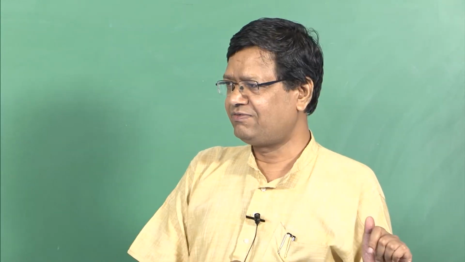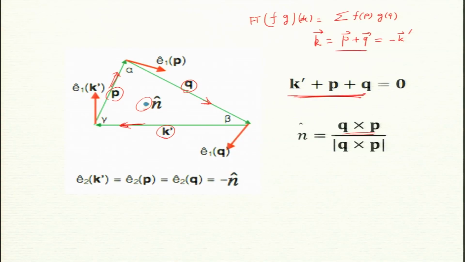Okay. But let us not confuse too many things. Just a single triad, and we will work with this. So, now this k vector, k prime vector. What is E3 for this k prime vector? It is in the direction of k prime. So, this is my E3 k prime.